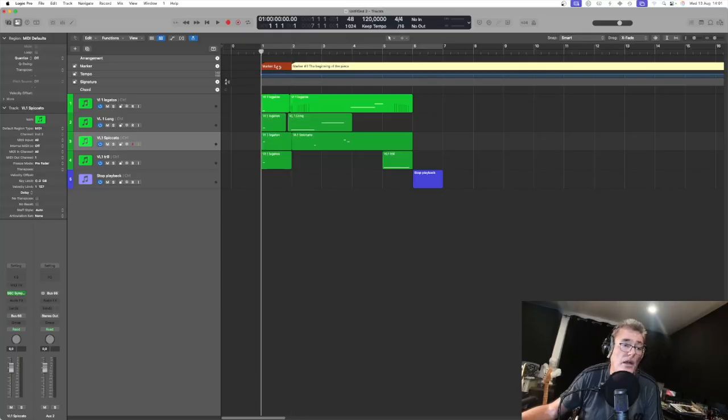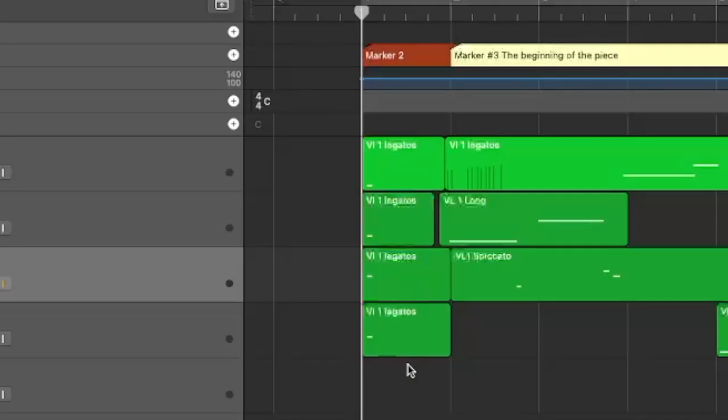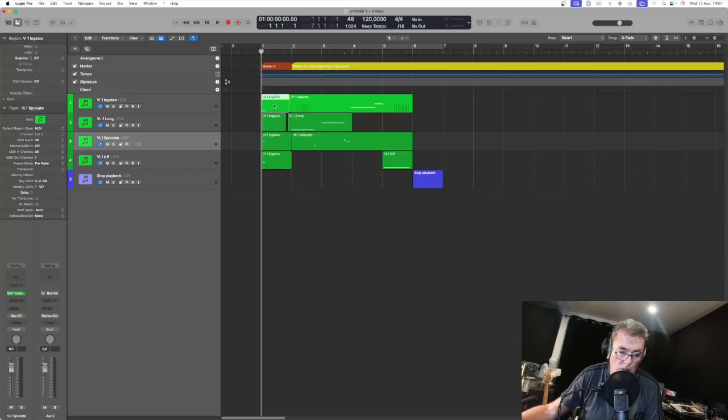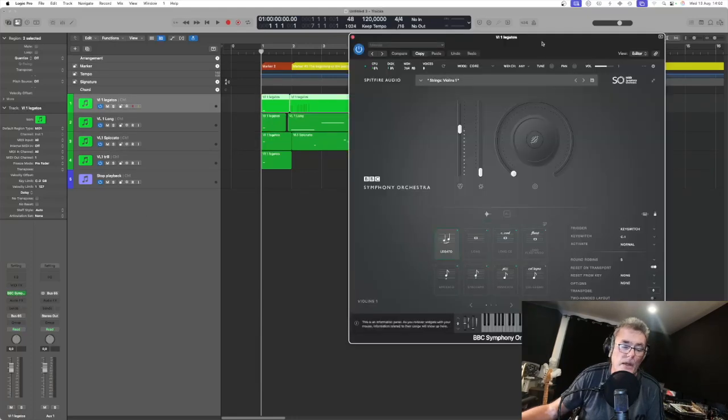So why have I created this first marker here? As you can see, we have those 4 regions, and those 4 regions are not part of my piece. There is a purpose why they are here, and I will explain it right now. So first, what you have to know is that